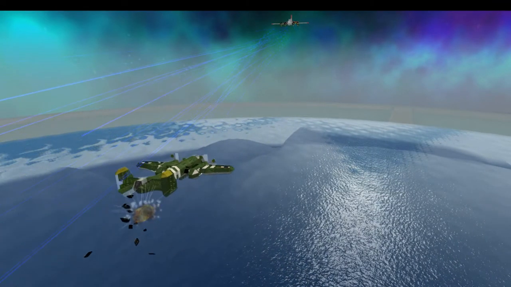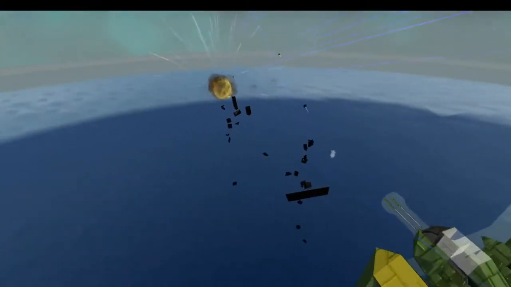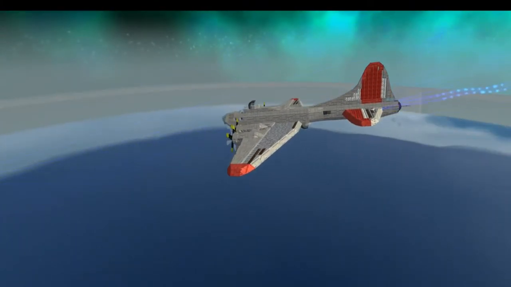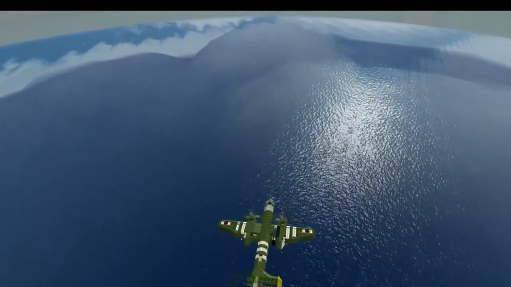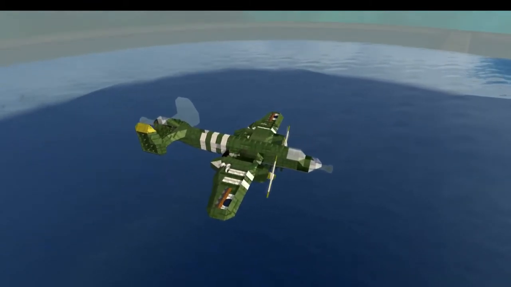How do I activate slow motion? Oh, I did. Yep, the B-25 just took a pretty heavy hit to the wing right here. The B-17, no scratches yet. The B-25 just lost a piece of its tail. And now the rear guns are going to start firing at each other. But unfortunately,